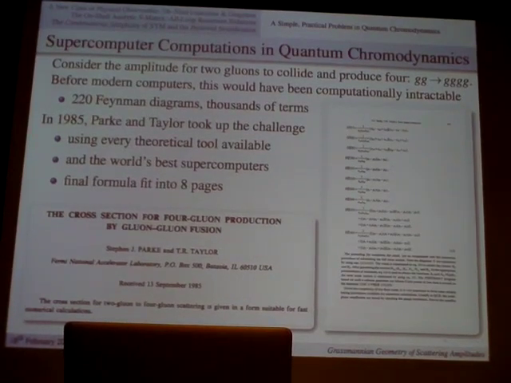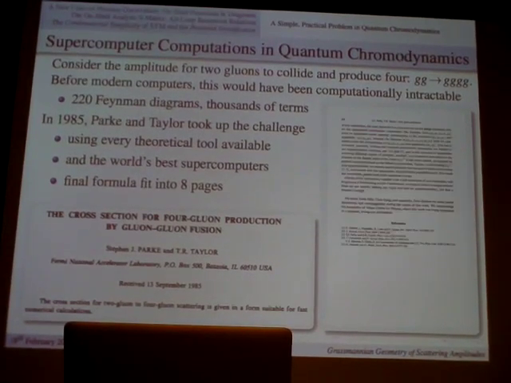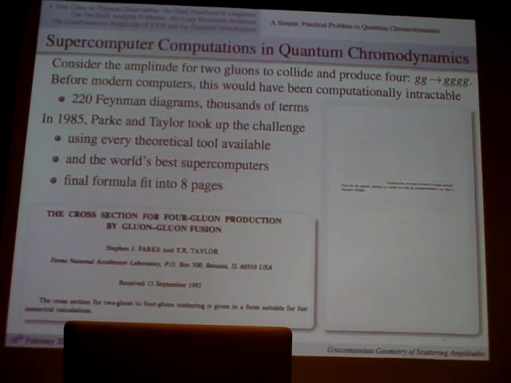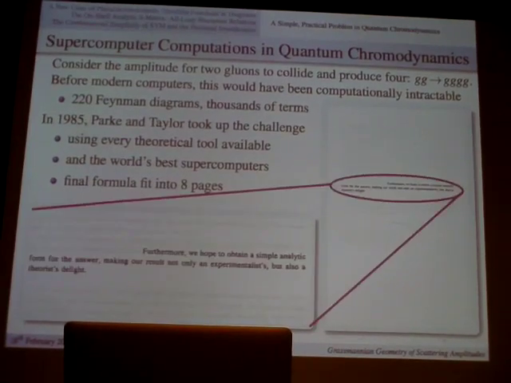But what I love about this paper, and it's not their most famous paper from that year, is the ending. They chose to end this on this quixotic note of optimism, and I still don't know exactly what they saw in this calculation, but they closed it with this optimistic note that furthermore we hope to obtain a simple analytic form of our answer, making our result not only an experimentalist's but also a theorist's delight. Okay, of course it would be useful to have a simplified form of that equation, but what they could have been thinking, that it would excite theorists, well, it's hard to imagine what they saw,